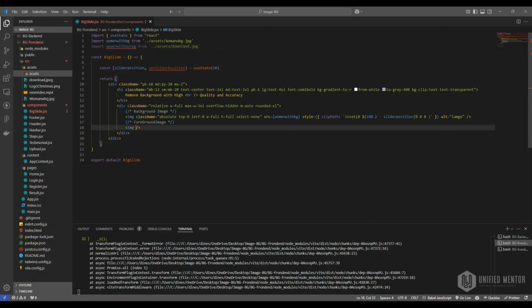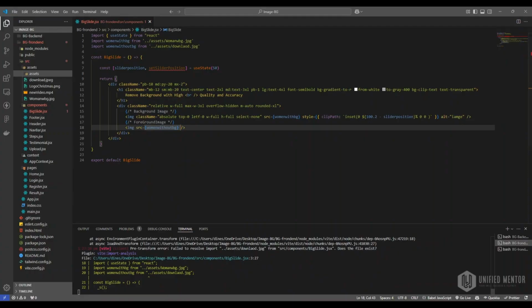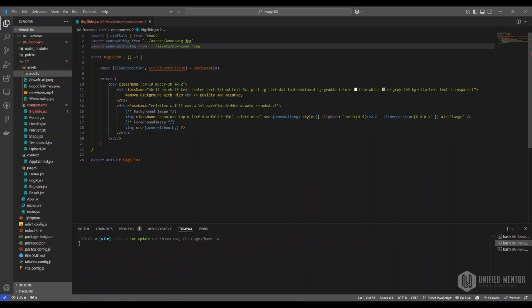In image, give source for this one, woman without bg download. Yeah, this one is jpeg. Okay. Now alt,